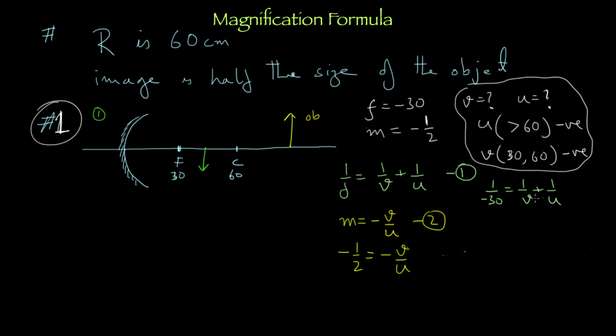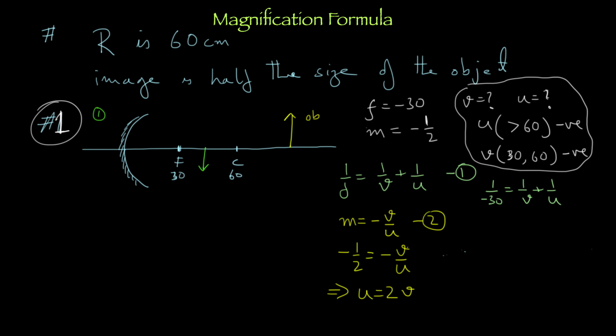So we have got this equation and this equation. Okay, so basic rule is if you have two unknowns, you need to have two equations. We have two unknowns, v and u, and we have two equations. So what's the best way of doing? Substituting one into the other, right? Either write v in terms of u or u in terms of v, whichever feels easy to you. Okay, so this step gives you what? Minus minus gets cancelled, and what do you get? U is equal to 2v, right? So replacing u with 2v looks like not dealing with fractions for a small while. So good for me. So I'll replace my u with 2v.